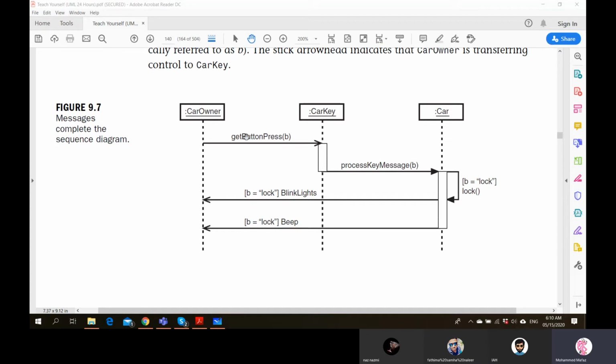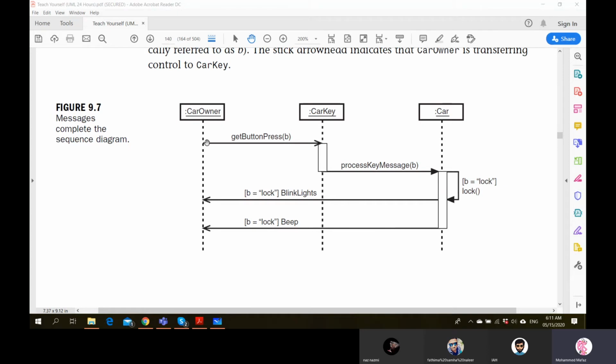That means when the car owner is calling get button press with the value lock, this is what is going to happen. Right? So a simple success scenario is explained here. We first started drawing the three objects in the logical order.